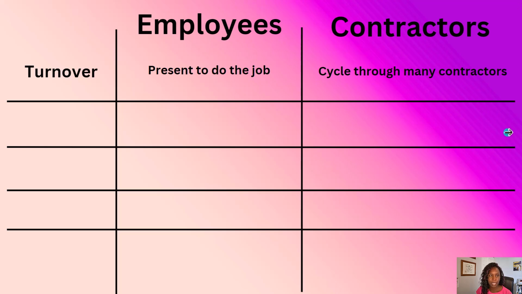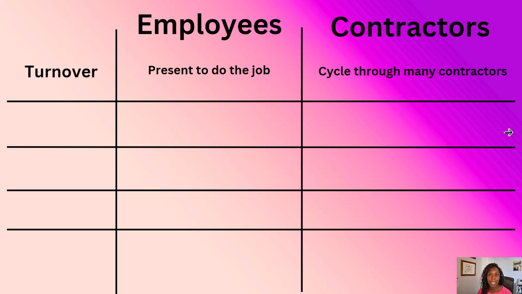Okay, next is turnover. When you're dealing with employees, they are typically present to do the job. They are less likely to quit or move on to another job, unless they find a better opportunity, or they want to advance in their career. That is definitely there. But for the most part, employees are going to remain on the job.